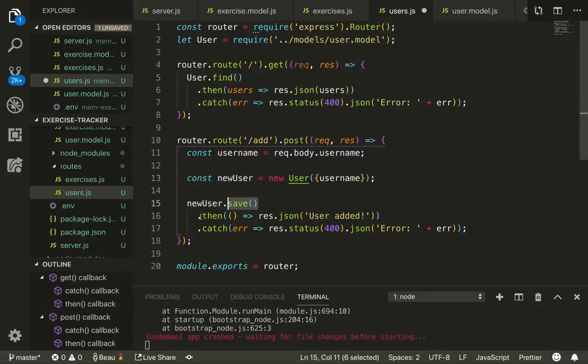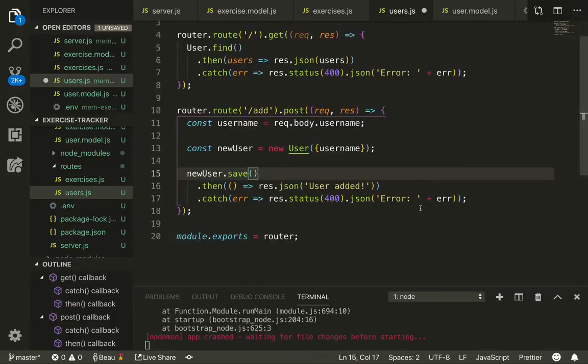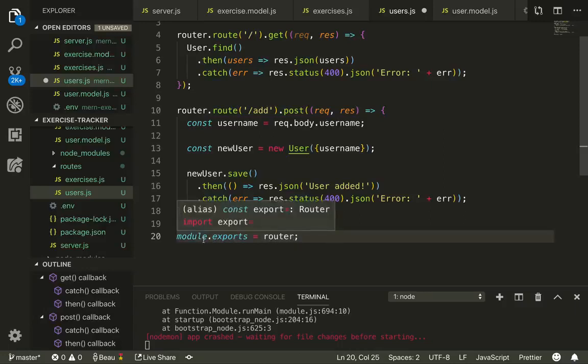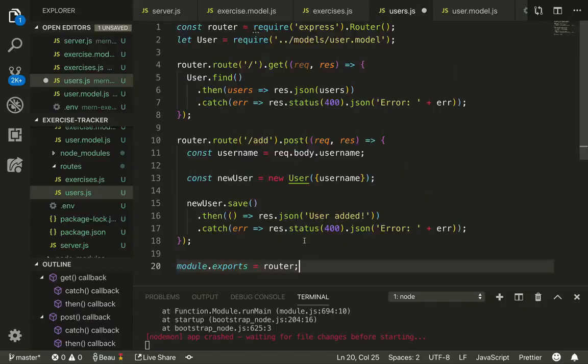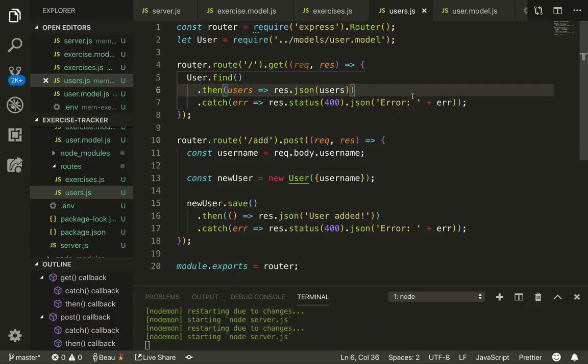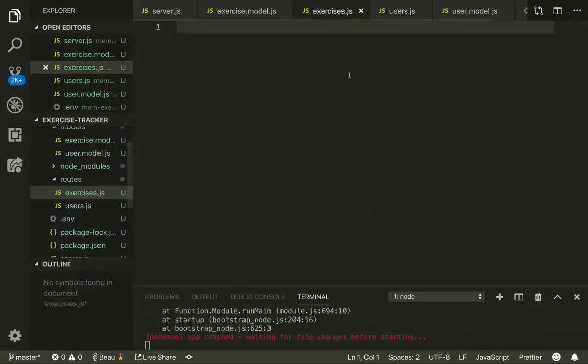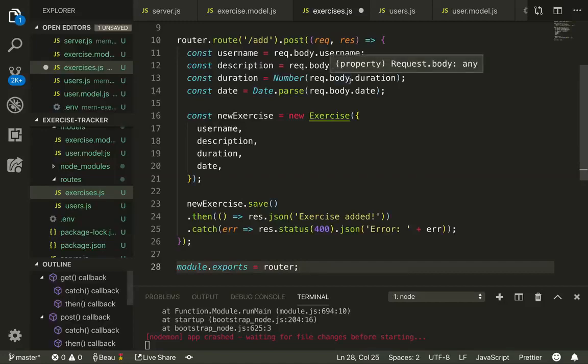And after the user is saved to the database, the MongoDB Atlas database, then we'll return 'User added' in JSON, or else we'll return the error message. So finally, and this is just a standard thing for these router files, module.exports equals router. So we're just exporting the router. So let me save that, and I'll go into the exercises file, and I'm going to paste some code in